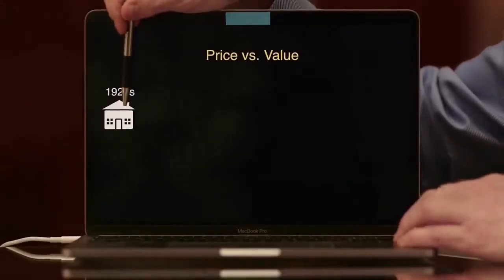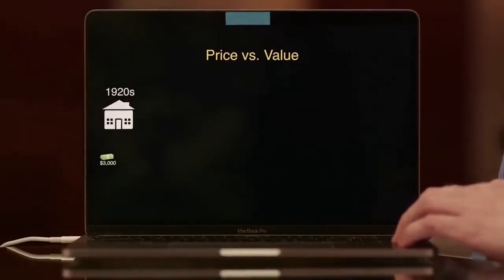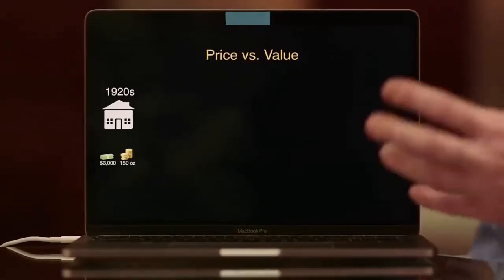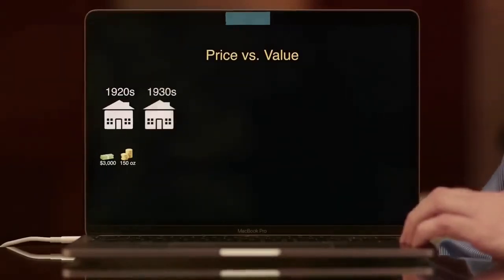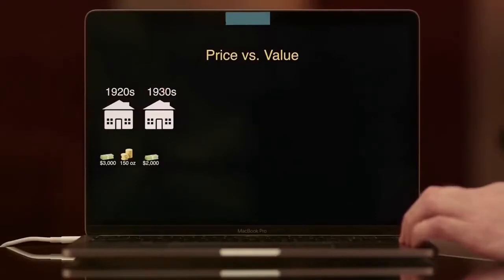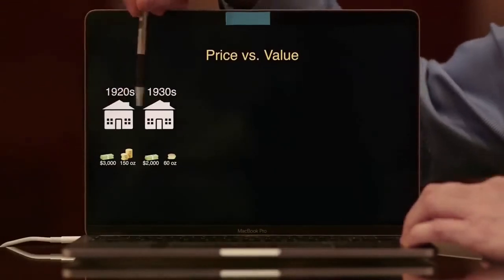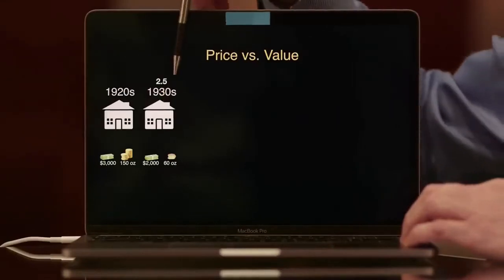This is an upper middle class home, a nice 4-bedroom, large home, and that sold for about $3,000 in the 1920s. And gold was $20 an ounce back then, so it would have cost $3,000 or 150 ounces of gold. And then in the 30s, the house fell to $2,000. Gold was now $35 an ounce. If you had sold this house for $150 and bought gold, repurchased, you could have gotten 2.5 times the amount